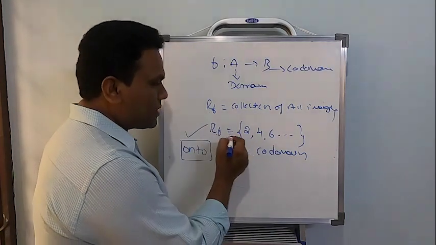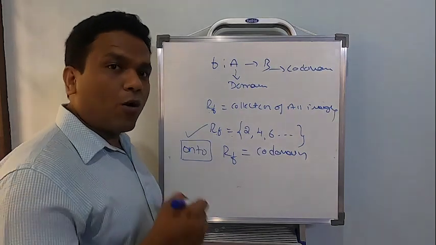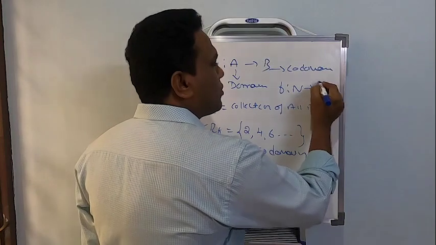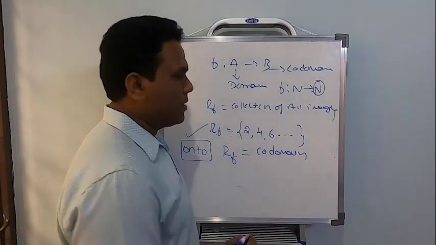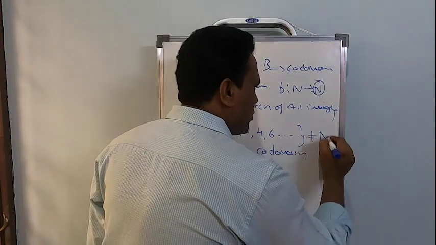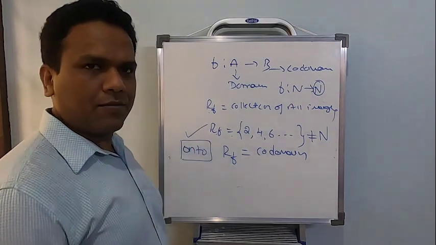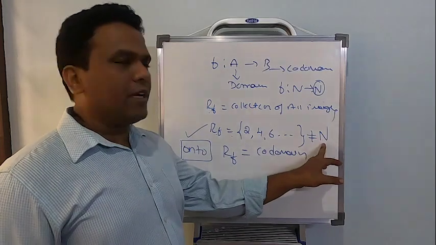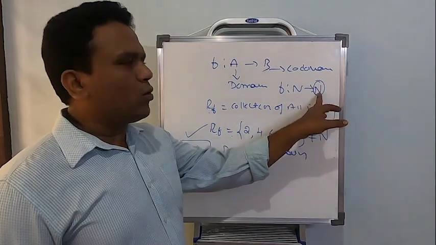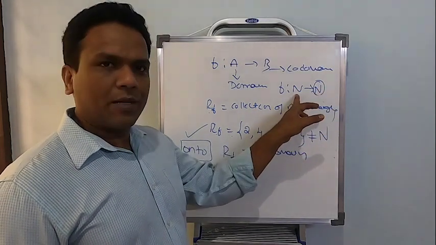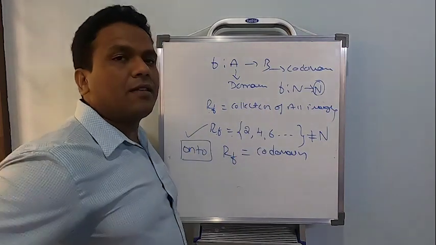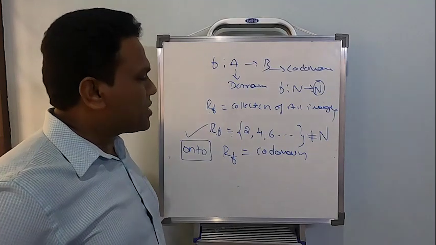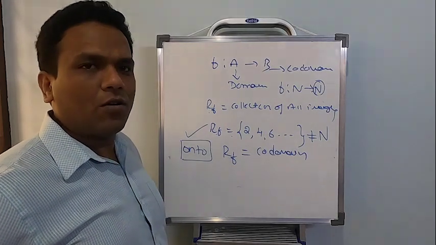But notice here, 2, 4, 6. What was the codomain? The codomain in the previous problem was defined from natural numbers to natural numbers. This is the codomain, so the range is not equal to the codomain. Here the codomain and domain are both the same, but you have to talk about this set, not this one. So hence we can say that the given function is not going to be onto. So this is the easiest way of working the problems based on onto functions.